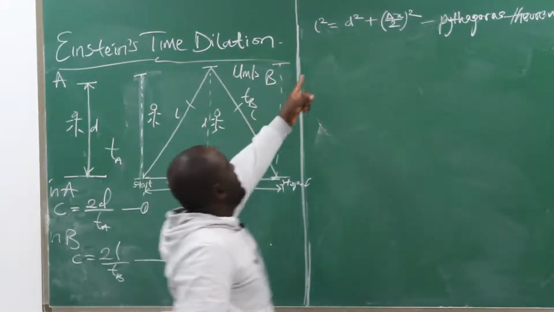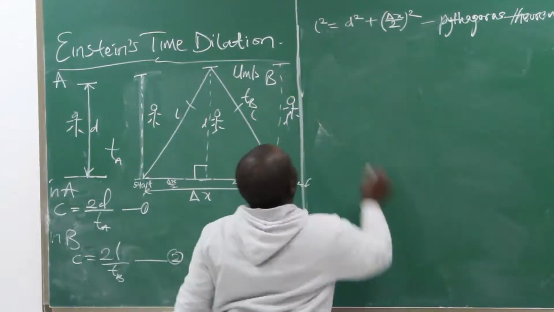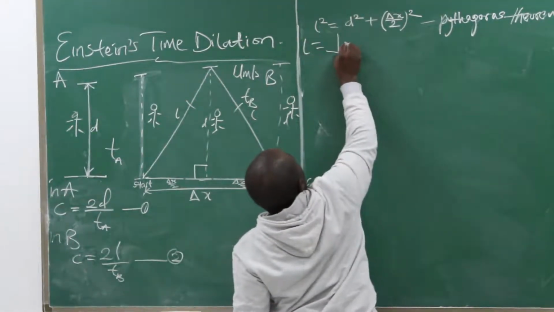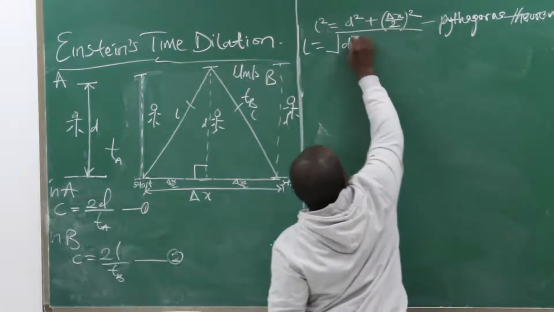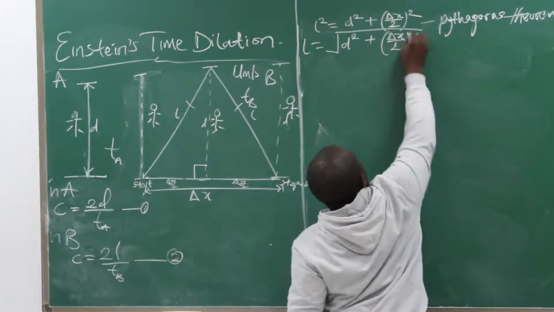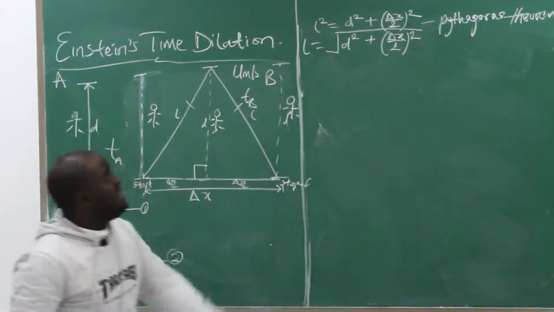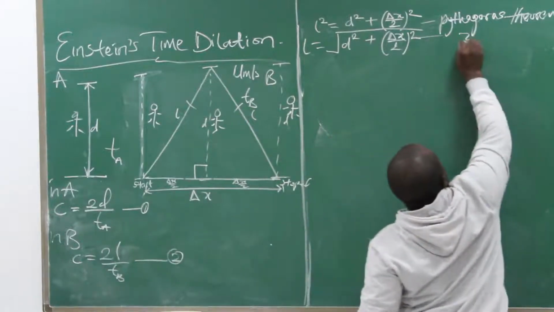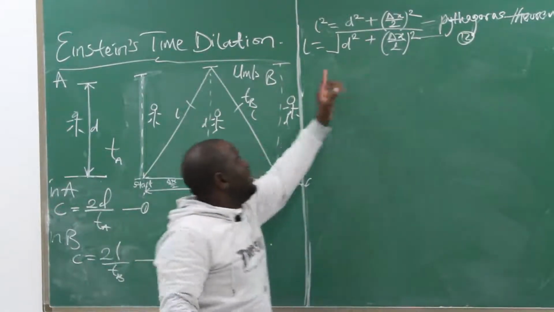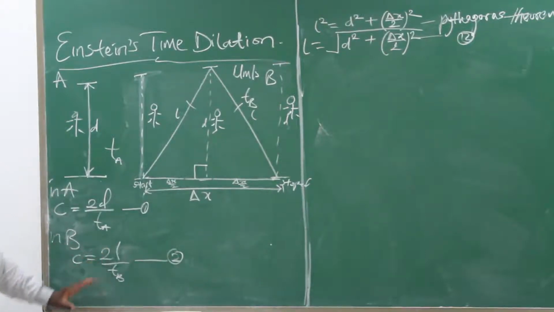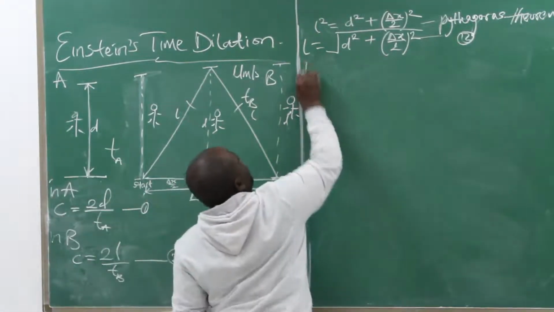So what is our L from here? You take this square over to this side, so L is equal to the square root of d squared plus (delta x over 2) squared. Now this is what L is. Let's call this equation 3. Now, putting this one in place of this L in equation 2, this equation 2 now becomes, we have